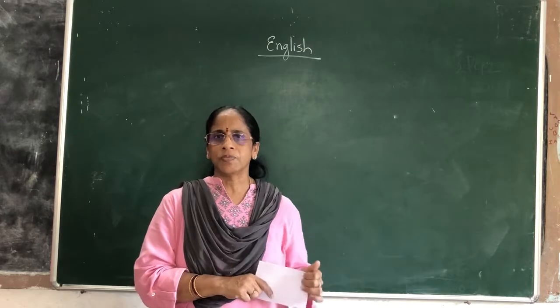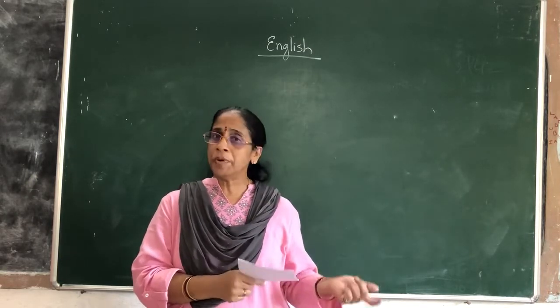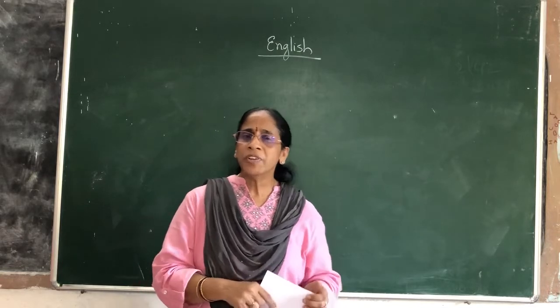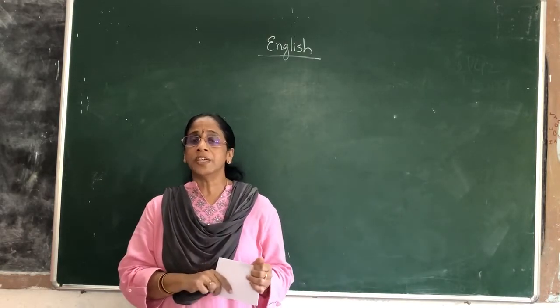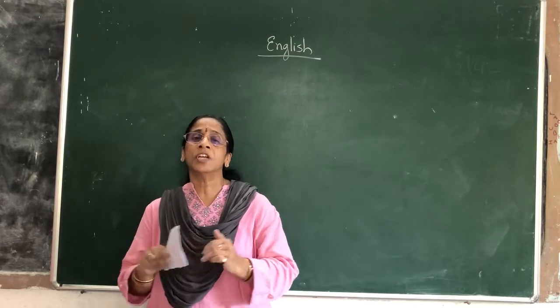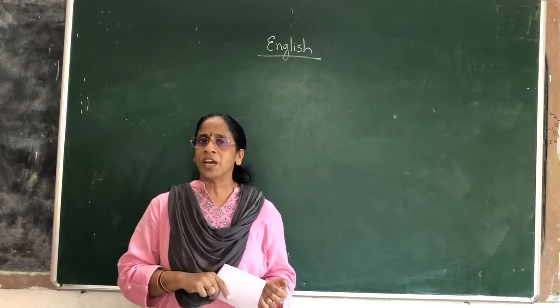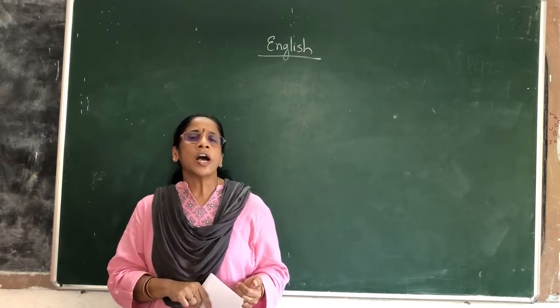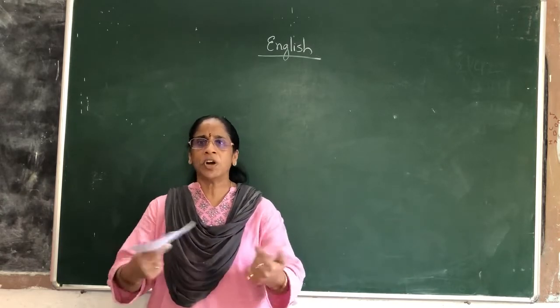Like a doctor. Simply if you say a doctor, it may be any doctor. An apple means it may be any apple. Okay. But when it comes to the definite article, the word itself indicates a definite or a particular thing. Like, I went to meet the doctor. If I say I went to meet the doctor, that means what? I am going to meet a particular doctor, a doctor whom we already know.